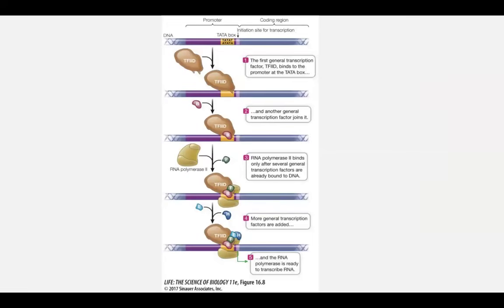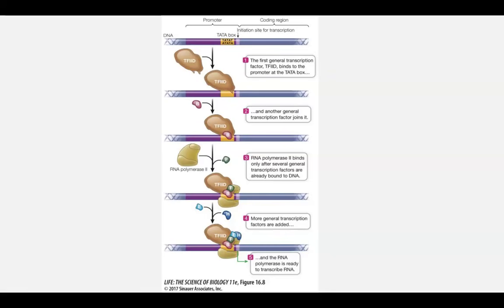So here we're talking about the initiation of transcription in eukaryotes. You have something known as TFIID. TFIID is a general transcription factor, and you have something known as a TATA box. The TATA box is a sequence of DNA where the TFIID transcription factor binds to it, and it's a promoter region. So it binds to that TATA box so that other transcription factors can follow and RNA polymerase II